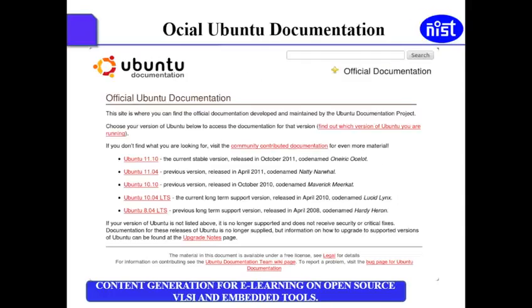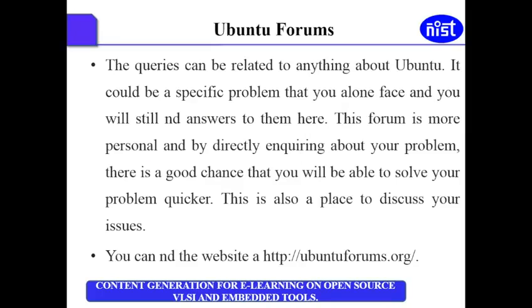So here I show a snap of a website, the Ubuntu official documentation website. Here you can have any queries or any help, you can put it here. So next comes the Ubuntu forums. The queries can be related to anything about Ubuntu.